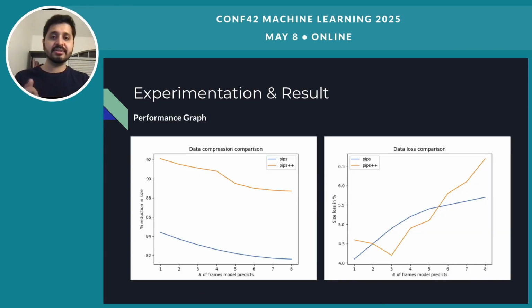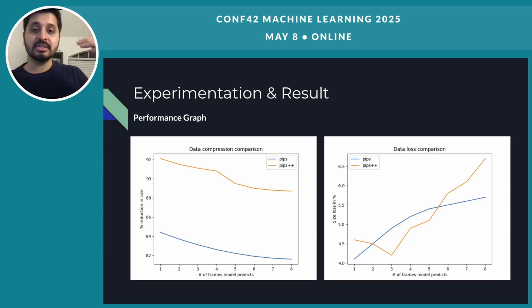You can see that in this graph. As we do the compression per 8 frames, or per 7 frames or per 6 frames, you can see that the reduction in size is pretty good. When we do per 8 frames, we reduce the size by about 82% compared to using one frame for predictions. By doing so, we can reduce a lot of the size, and it can also be faster.